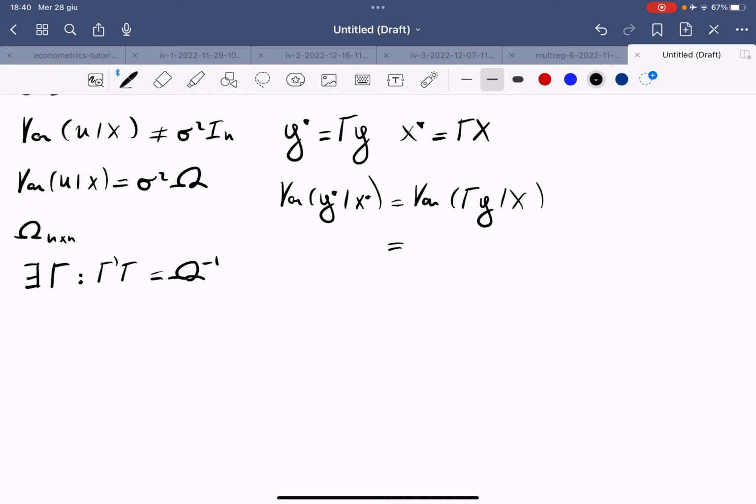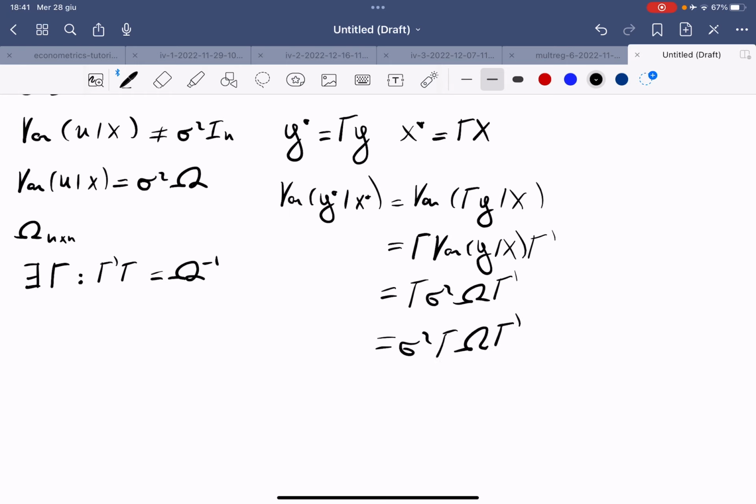That is gamma times the variance of y given x times gamma transposed, which is equal to gamma sigma squared omega times gamma transposed, that is equal to sigma squared gamma omega gamma transposed,